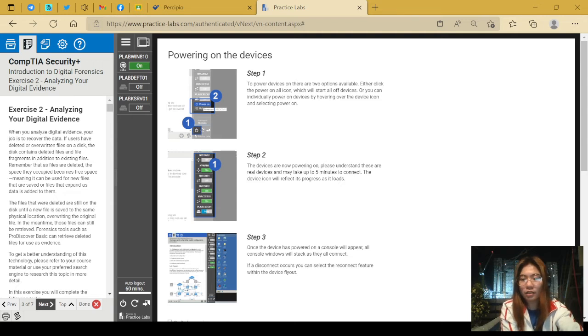Exercise 2. Analyzing your digital evidence. When you analyze digital evidence, your job is to recover the data. If users have deleted or overwritten files on a disk, the disk contains deleted files and fragments in addition to existing files. Remember that as files are deleted, the space they occupied becomes free space,